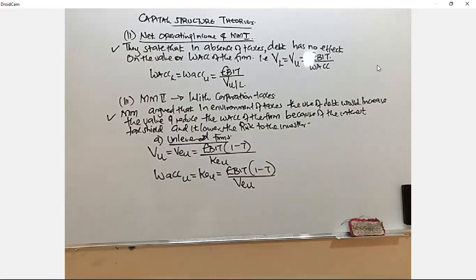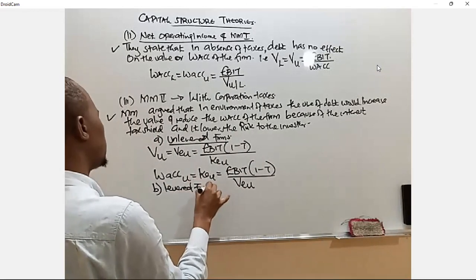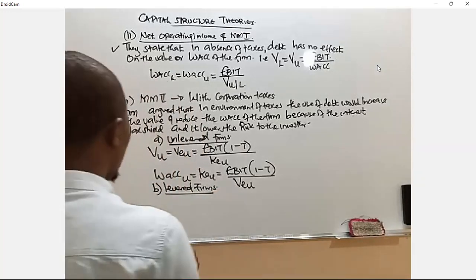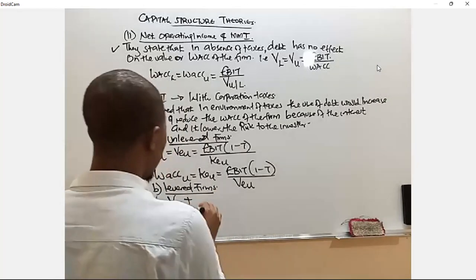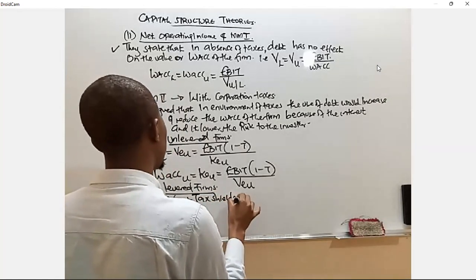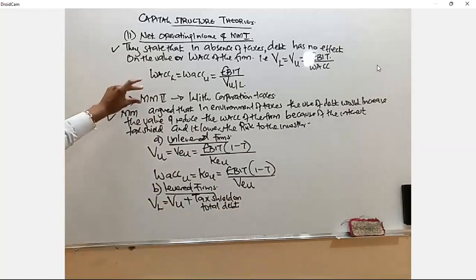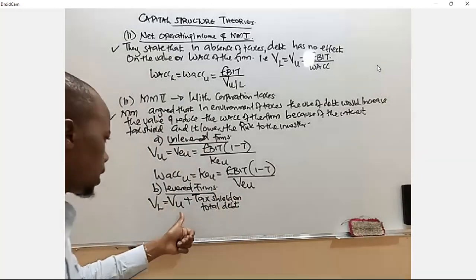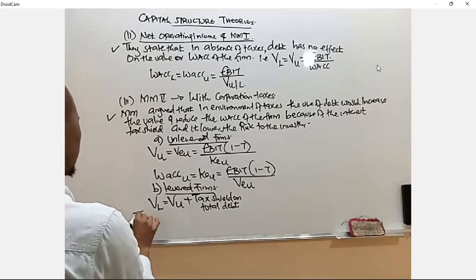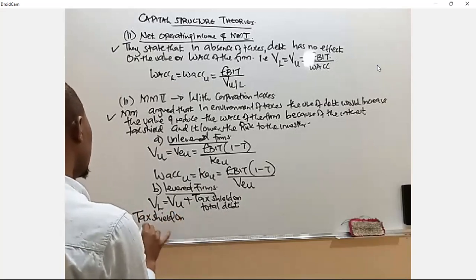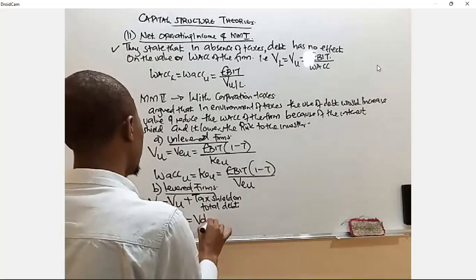Secondly, analyze when you are dealing with the levered firms. To calculate the value of the levered firm, you normally take the value of the unlevered firm plus the tax shield on total debts. When you're calculating the value of the levered firms under MM2, we take the value of unlevered plus the tax shield on the total debts. The question will be, how do we normally get the tax shield on total debt? I say to get it, we normally take the value of debt, we multiply it by the